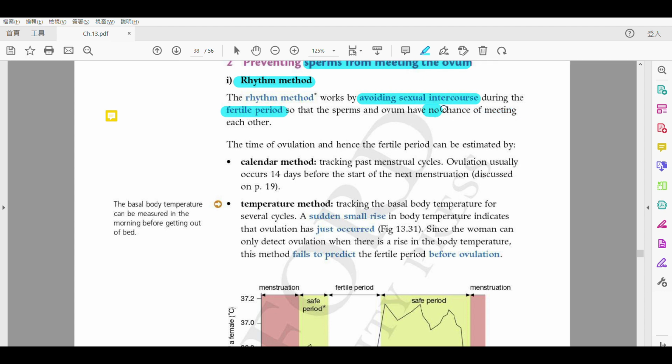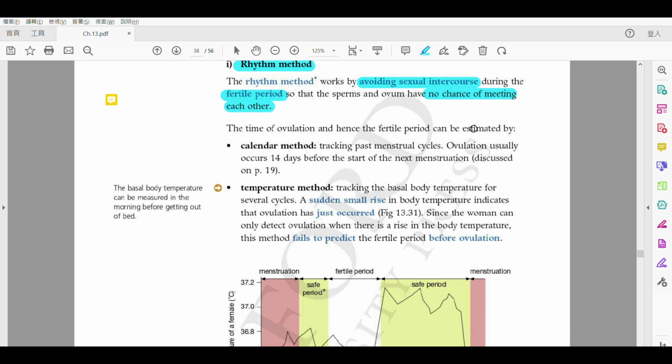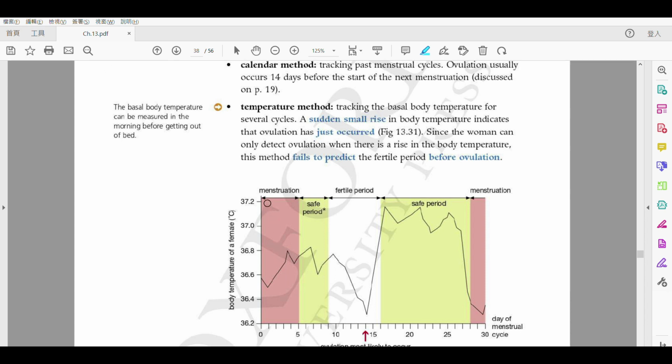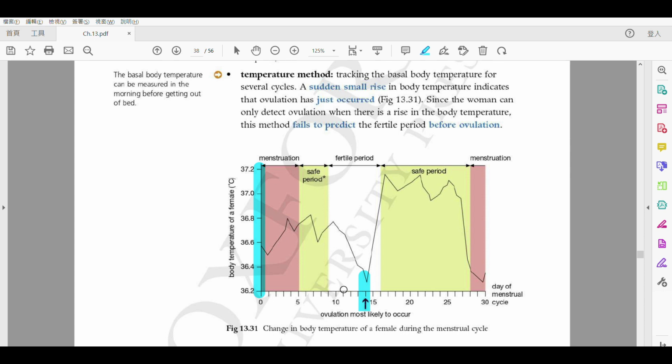好啦，然之後啦 So how is this calculated? There are two ways. 有兩種方法嘅。It can be estimated. Okay? 淨係純粹係預測嘅啫。Estimated. So how do I know? First of all, you must know this one. It's the start of menstruation. 幾時開始嘅 It must be day 0, right? And your ovulation will be 14 days 之後啦 right? So this period minus 5 plus 2. Okay? 你會計到呢段時間啦 This one should be the fertile period. Okay? This is the first method.